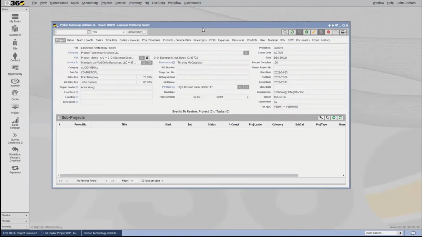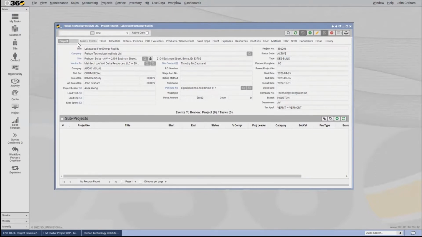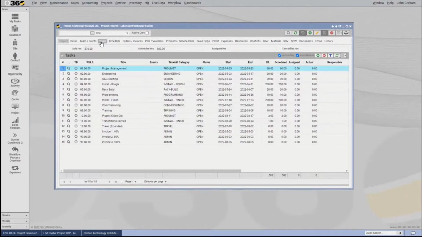Today, we're going to be exploring project profitability and monitoring your project profitability. Here we've got a brand new project. As soon as a project is loaded, we can start looking at and scheduling our project out. We have our tasks, which give us a list of the work breakdown structure for how we're going to execute the project, the dates we're going to execute it, or estimated dates, and the estimated effort it's going